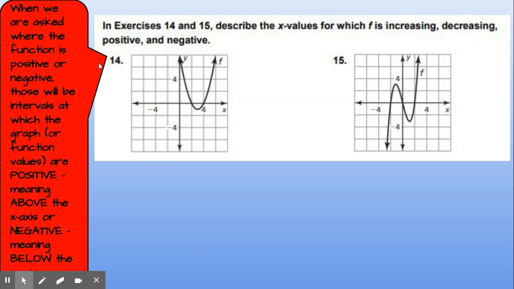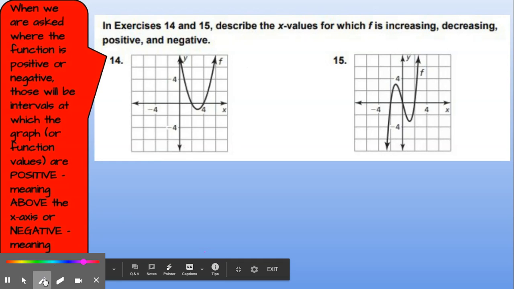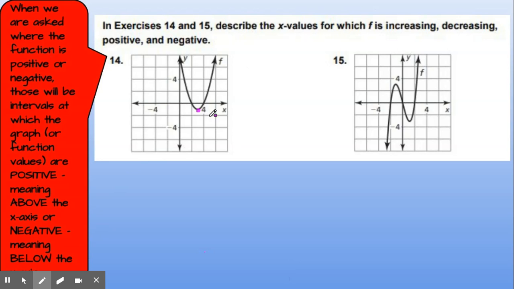So I'm just going to talk about number 14 real quick before we finish up this video. So number 14, when I look at this function, I have my minimum here. If I want to draw a little axis, I can to help me split up my left side and my right side. And that looks like it's probably at about 3. I think these are going by 2s. I can see my pen's going to go down till I hit that minimum, and then my pen's going to go up. So if we just real quick do my increasing and decreasing, on the left-hand side, that's my negative infinity side,